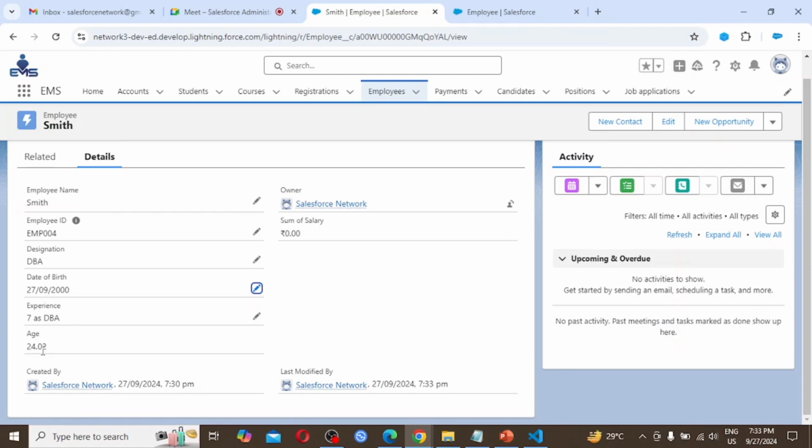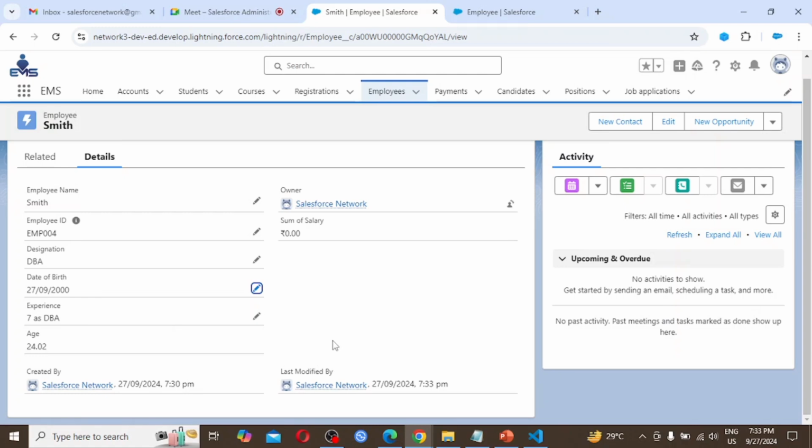Here some small value is coming like 0.02. Sometimes it is a leap year, so on behalf of that we are getting this value. So it is exactly 24 years. This guy is exactly 24 years, as his date of birth is 27th of September, and today's date is also 27th of September.